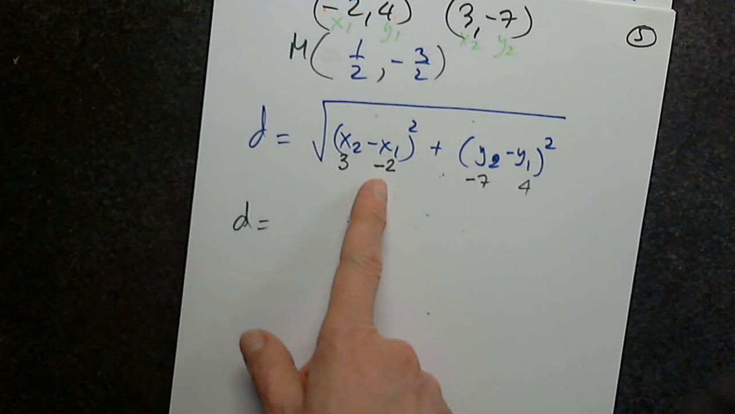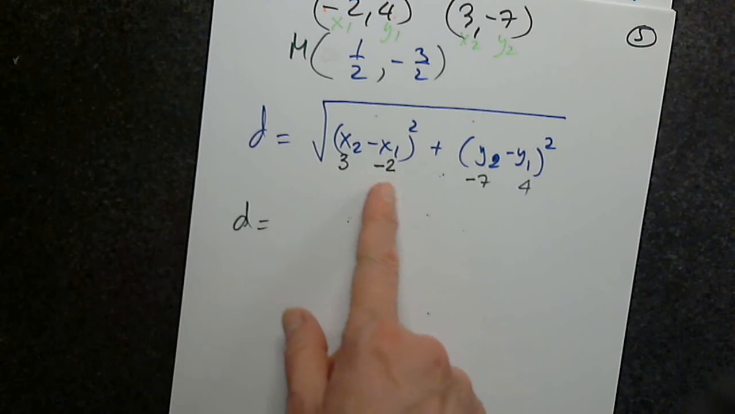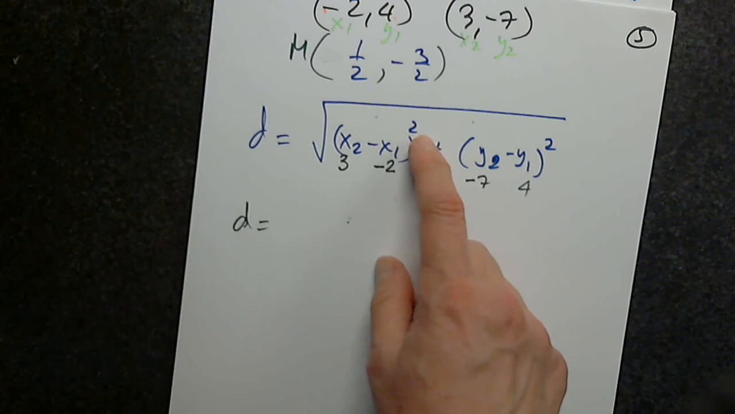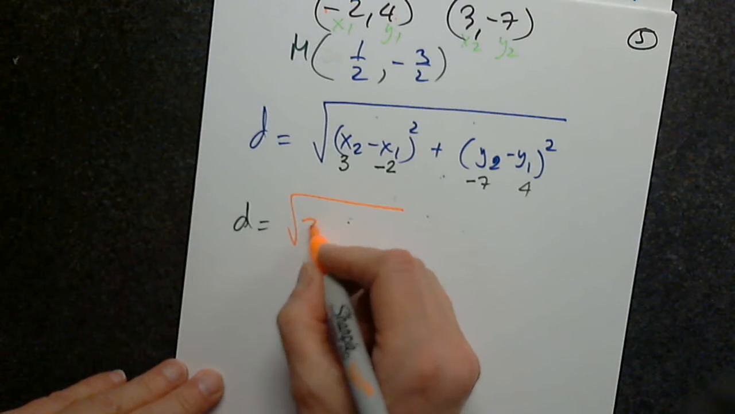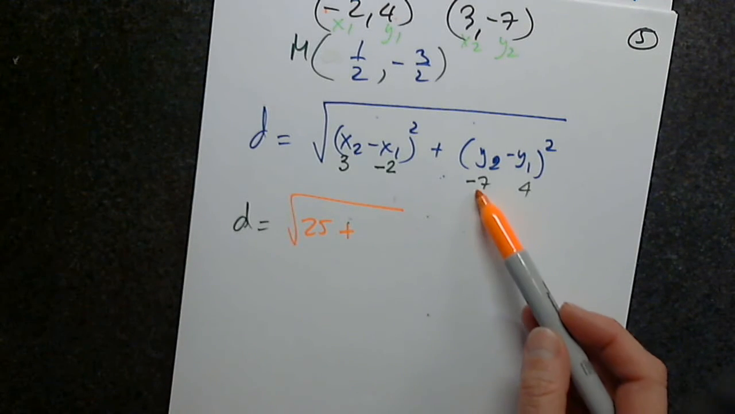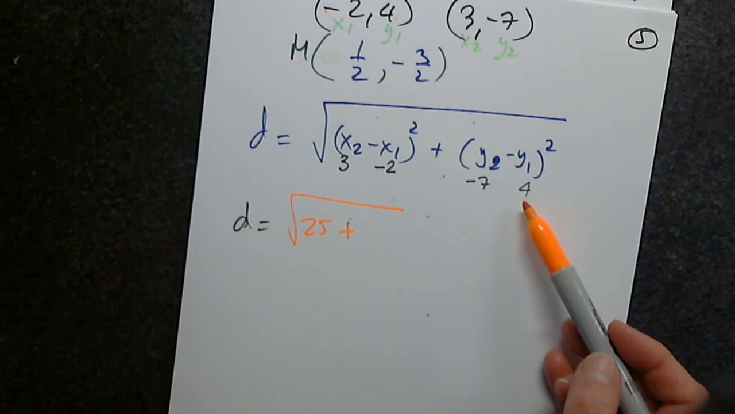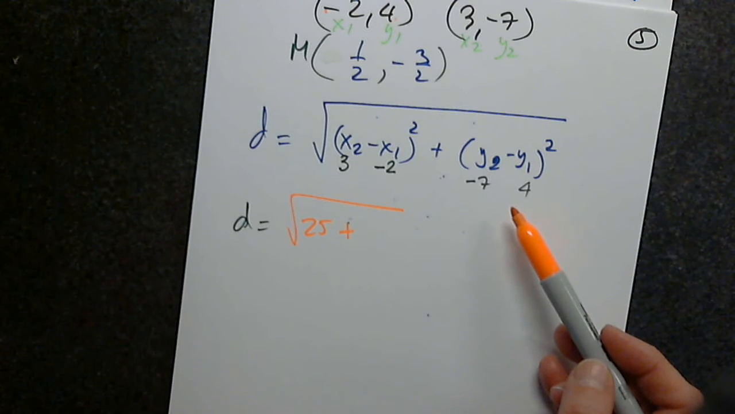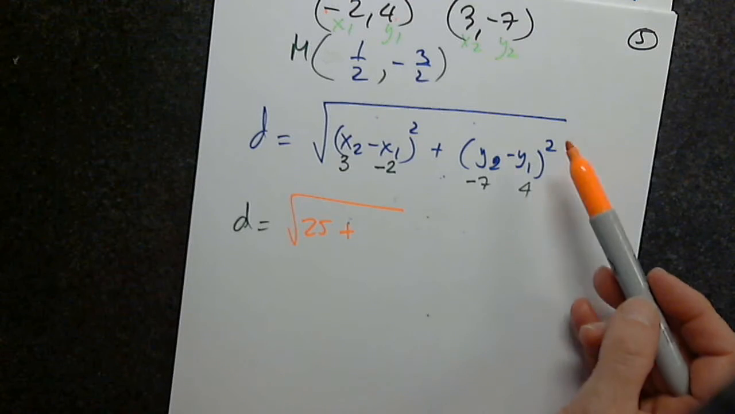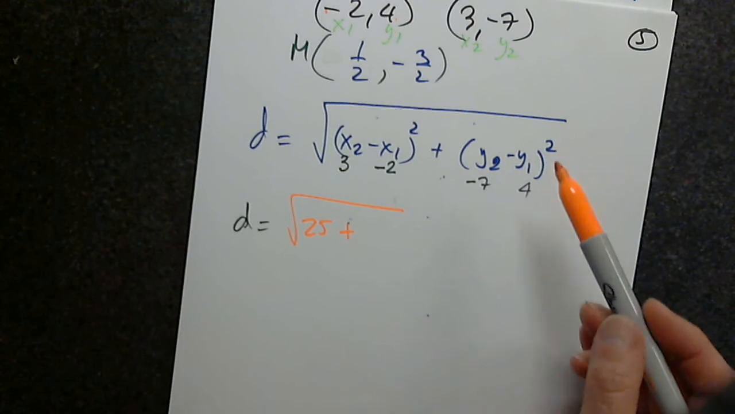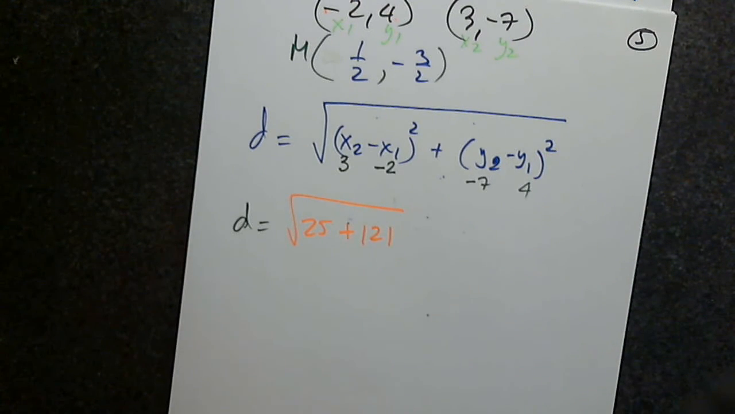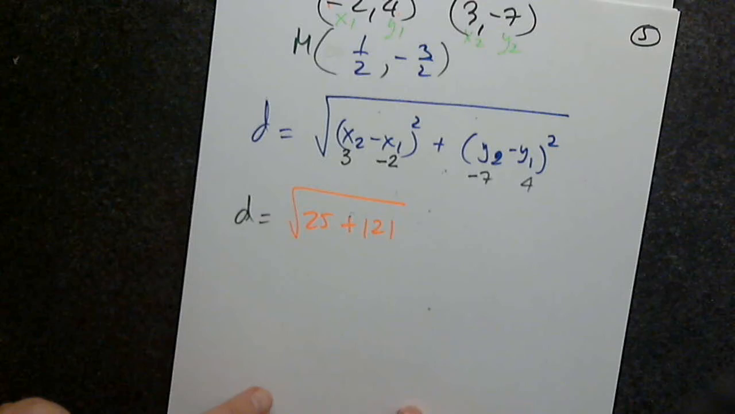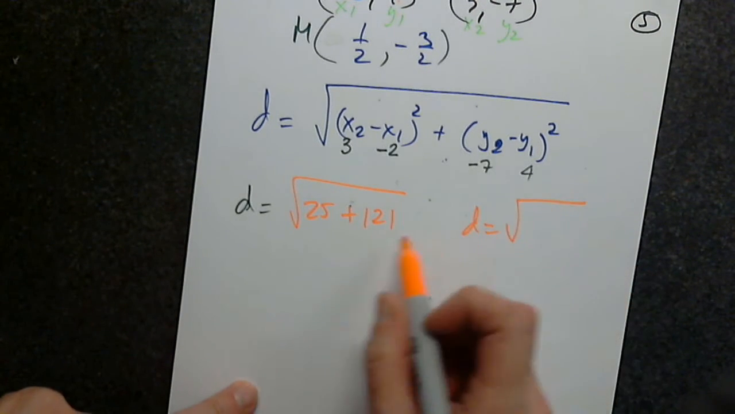3 minus negative 2. How much is that? 5. How much is 5 squared? 25. Excellent. How much is negative 7 minus 4? Negative 11. How much is negative 11 squared? It cannot be negative 22. If it's squared, that's not possible. It's a distance, the length of the leg. Good. So then the distance is the square root of